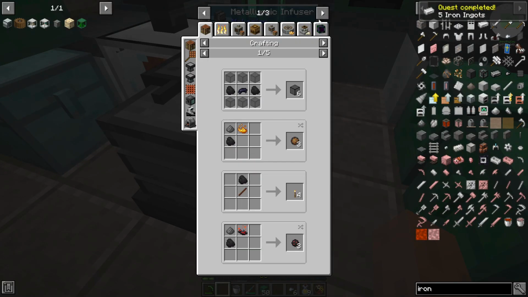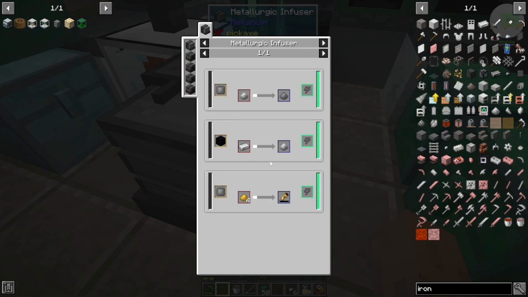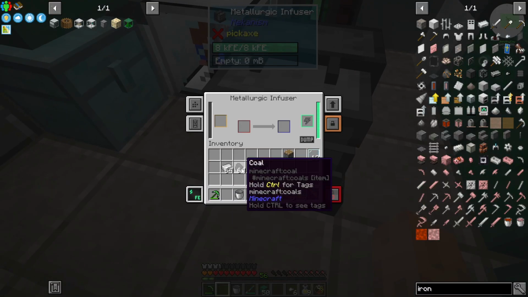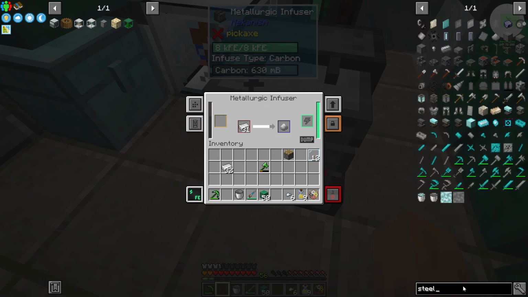In fact, let's calculate exactly what the ratios are. This produces 10 millibuckets of carbon per coal, and it takes 10 millibuckets to turn it into enriched iron, and another, so 2 coal per 1 iron. So if I have a stack of coal, that makes half a stack of steel. I'm gonna let this run a little bit, because it's a 2-cycle process. First we turn the iron into enriched iron, then the enriched iron into steel. We'll need a lot of steel, so I imagine we'll need to come up with a more automated system of doing this later. Although, is there a...